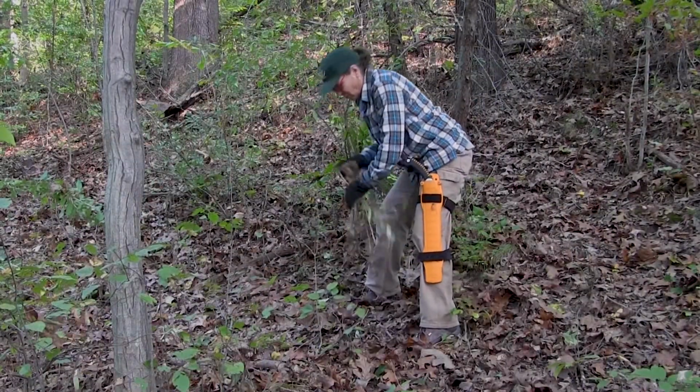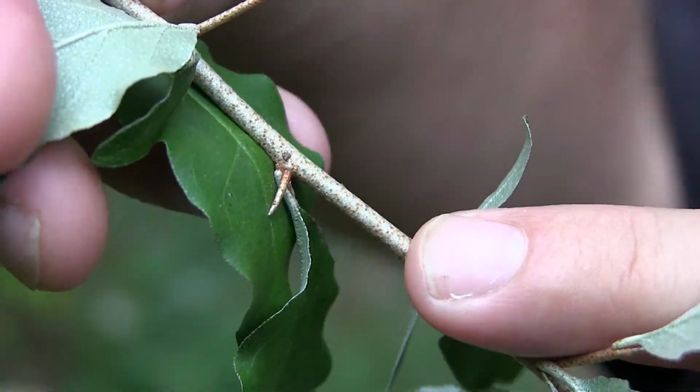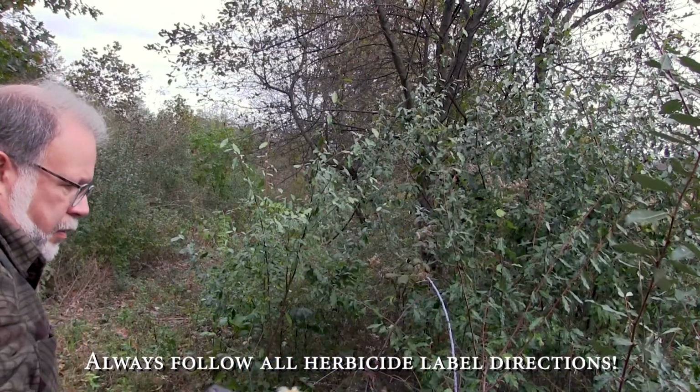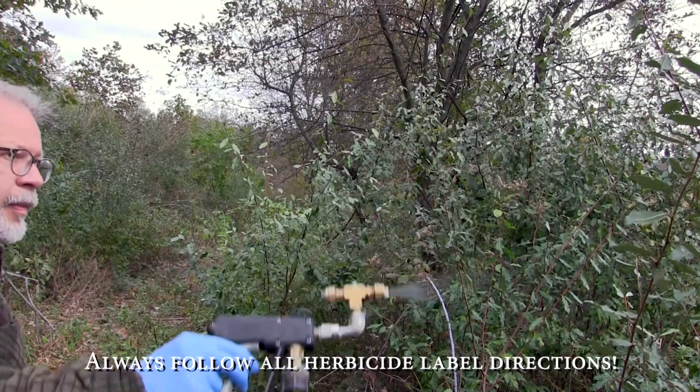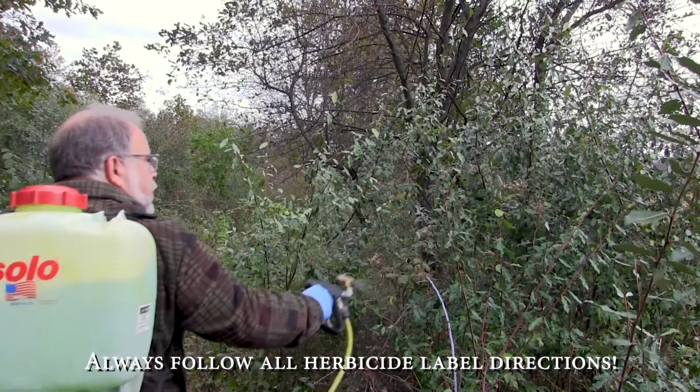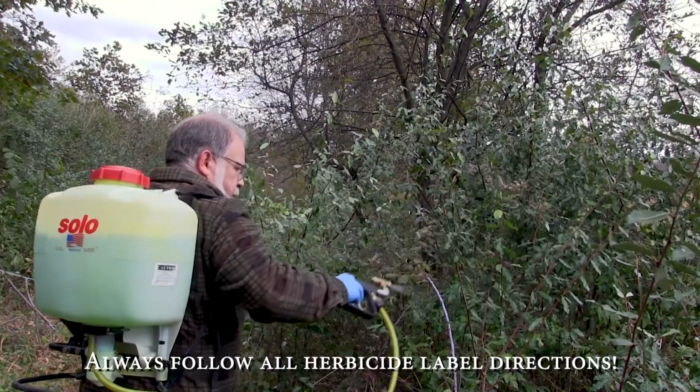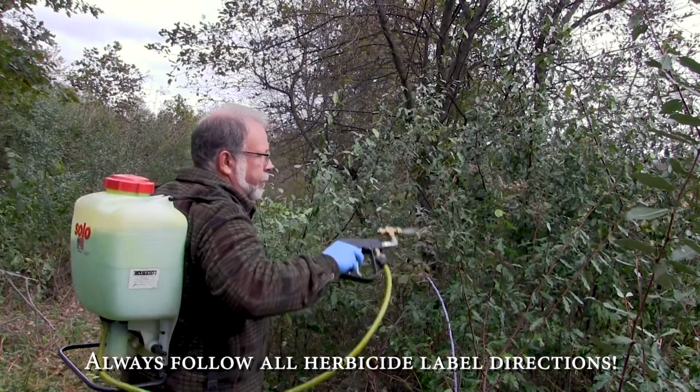Some of our invasive plants are a little challenging to control at times. Autumn olive can be one of these. Small plants can be pulled, although be careful for the thorns that are along the stems. We can also do foliar applications with either glyphosate or triclopyr, but be aware that oftentimes you need to use extra surfactant and/or penetrants like methylated seed oil to have better efficacy with your herbicide to penetrate the leaves